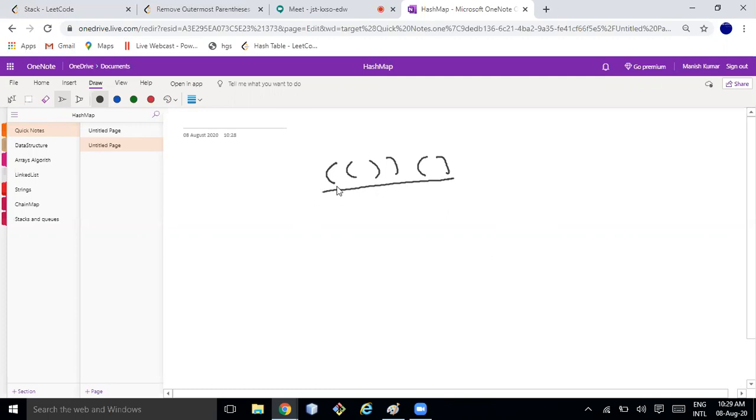If I start processing from left to right, what we can do: if I am getting an opening parenthesis, maybe some result is there.